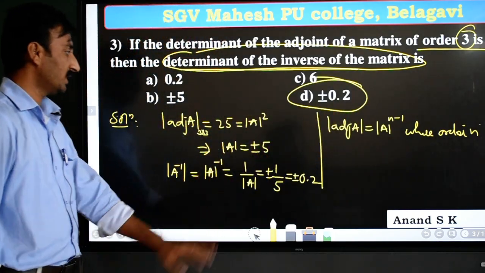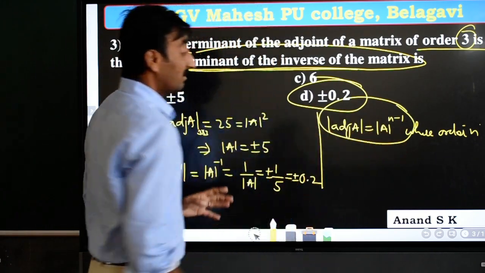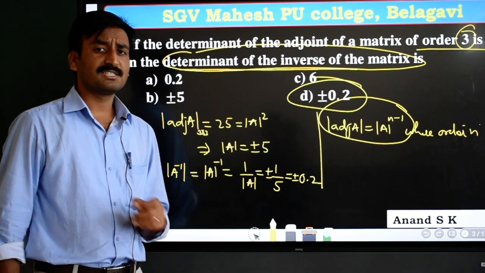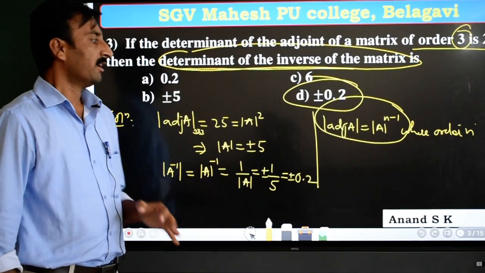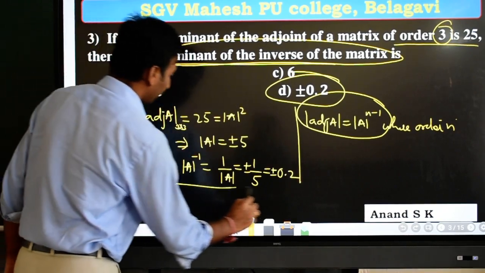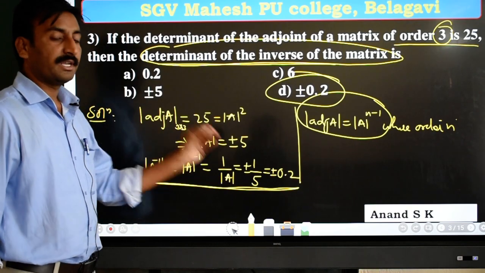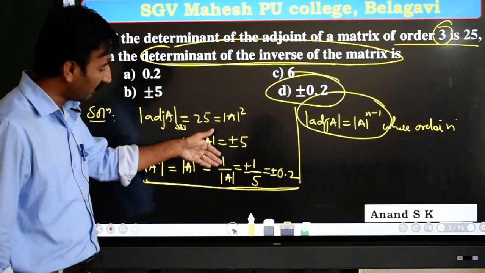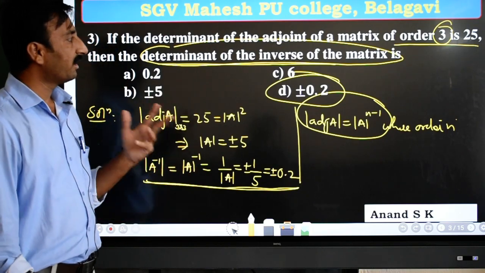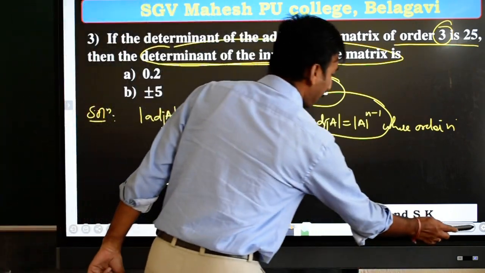Yes, I hope you understood this. But the very interesting thing is that you must remember this formula, otherwise it will be difficult. Okay, so determinant of adjoint of A is always determinant of A raised to n minus 1. If you remember this, then the rest of the part is very simple. And here also this property is very important for us. Inverse of any determinant is always determinant A raised to minus 1, and that is always the reciprocal of the determinant. This is also you have to remember. Okay, two properties we are using here and both are very important. Yes, okay, we go for the next question.